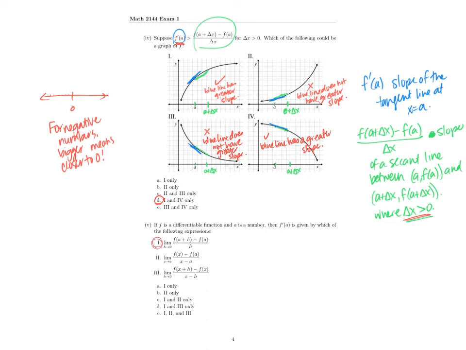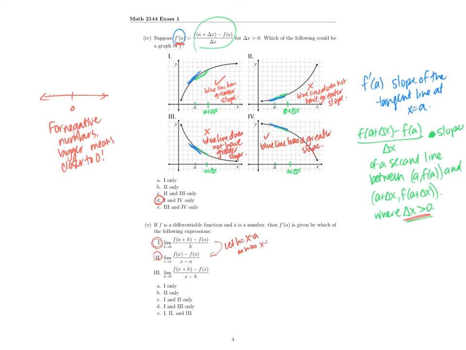This one is the limit as x approaches a. And this is the same, and we can see that this translates to that if we let h equal x minus a, then we've got it, right? Because as h goes to 0,